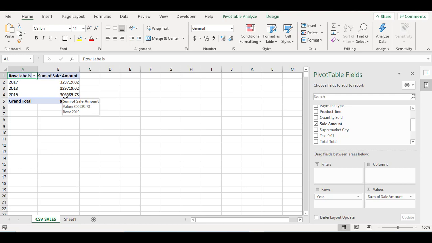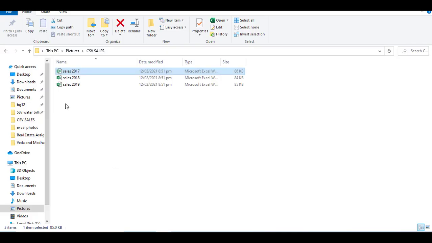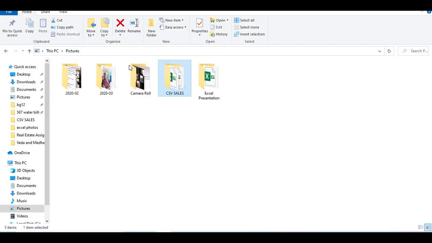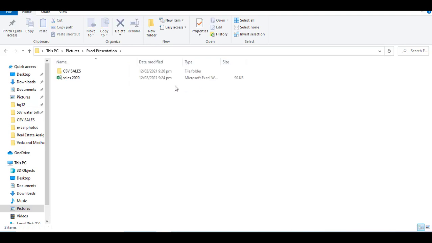So one other thing that I want to do to finish this off is I want to show you how to automatically bring another data set into this spreadsheet automatically when I put it into the folder that all this data is in. So for that, I'm going to go into my folder where I've kept it. So I'll go to Excel presentation, and